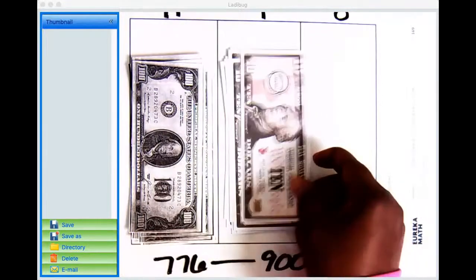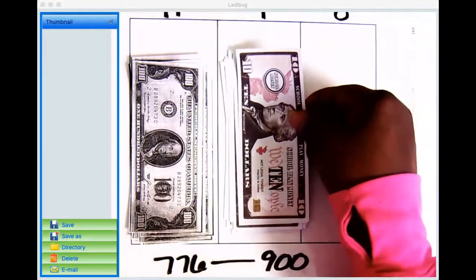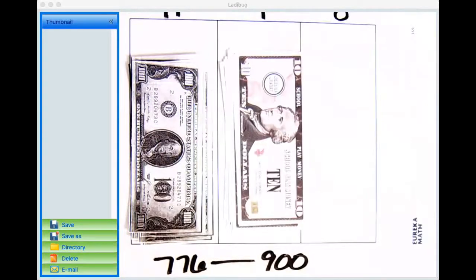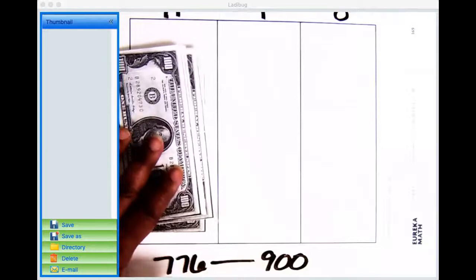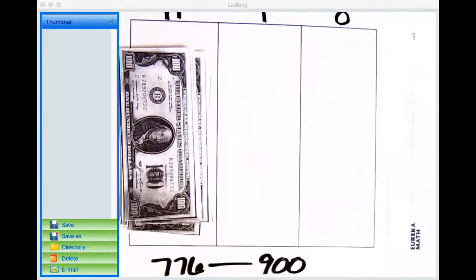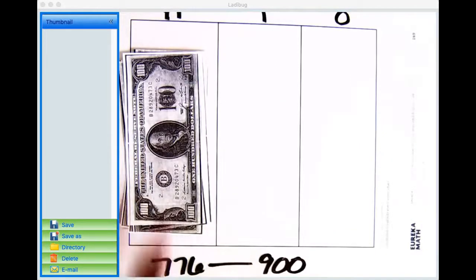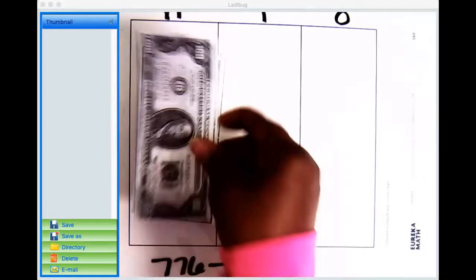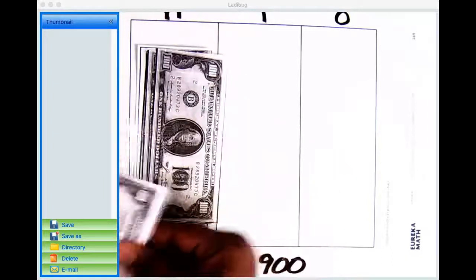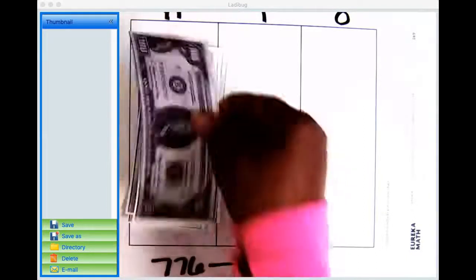780, 790, 800. Can I take out 10 of these and exchange it? Yes, so now I have 800, but my goal is to get to 900. So now I need one more 100. So now I should have 1, 2, 3, 4, 5, 6, 7, 8, 9. I went from